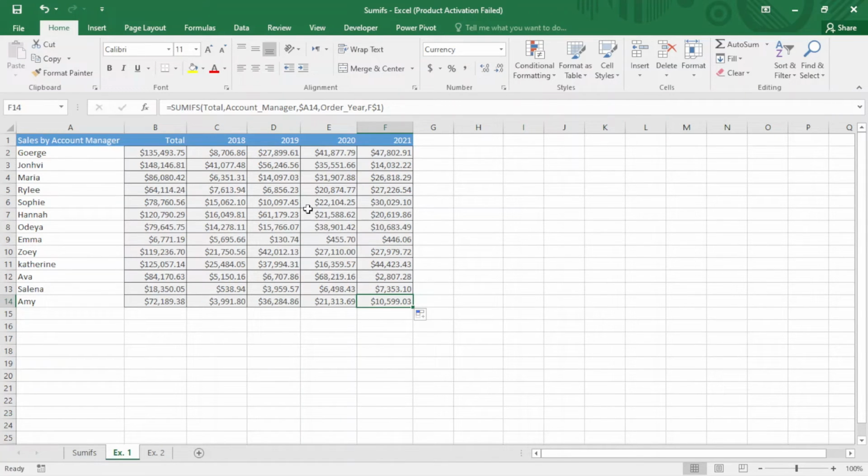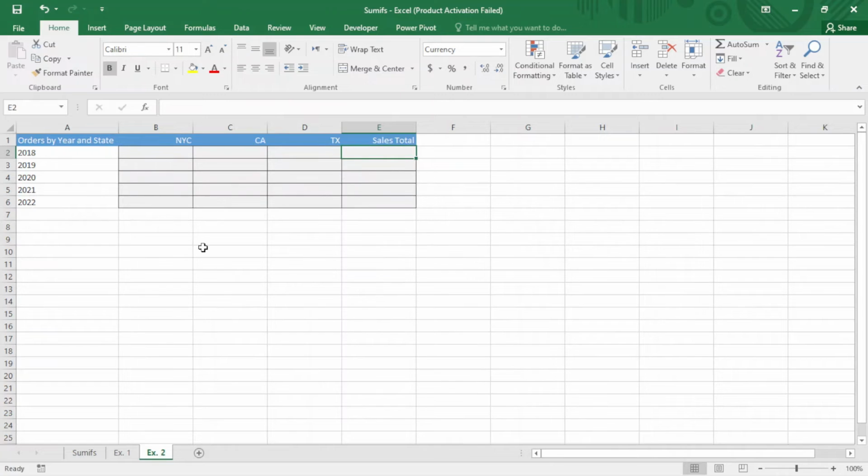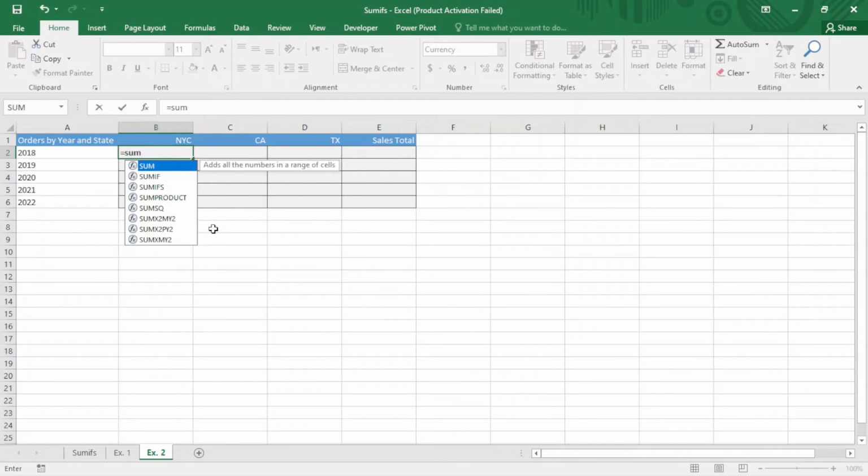So I want to repeat this again for the next example. I just come here. This is the total of orders by year and state here. I just type here equal sign, Sumifs. I should write total, comma, after that the order here,